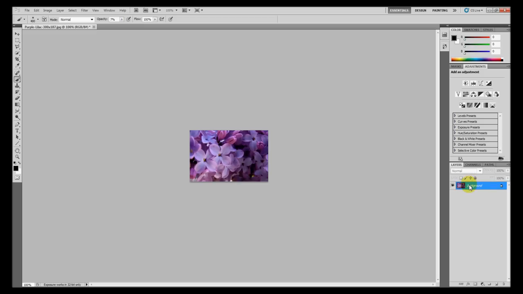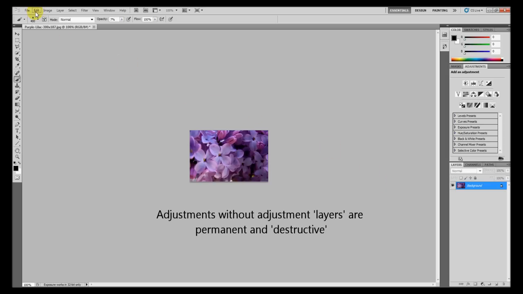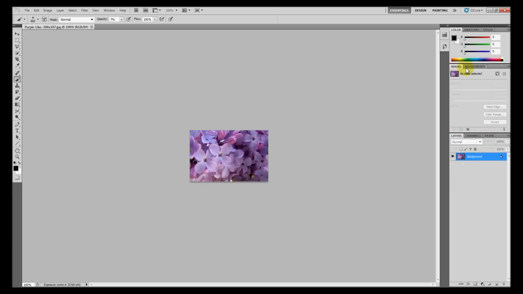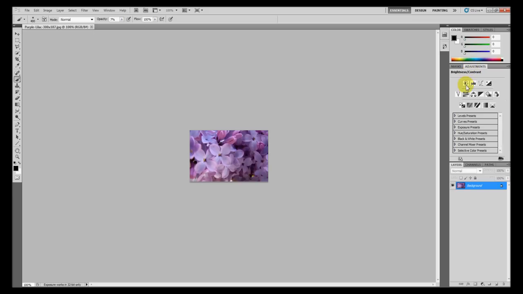You'll notice over here on my layers there's no difference, there's just the background still. My contrast changed, but supposing I wanted to change it back, the only thing I could do is go to Edit, Undo. There's a much better way to do this, and that is staying on your layers right here. I'm at the layer called Background, and if I go up here to Adjustments, you'll see all these adjustment layers. If I clicked Brightness and Contrast,